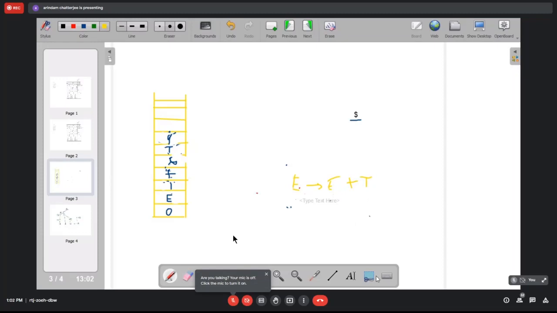So we have to pop 6 symbols from the stack. 9 is gone, T is gone, 6 is gone. This is also gone. So now we'll just push E.